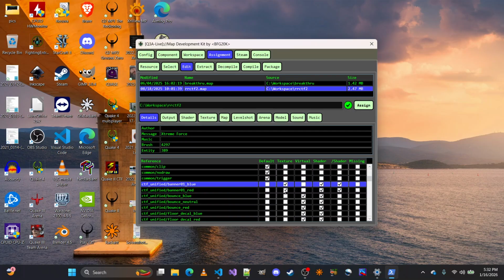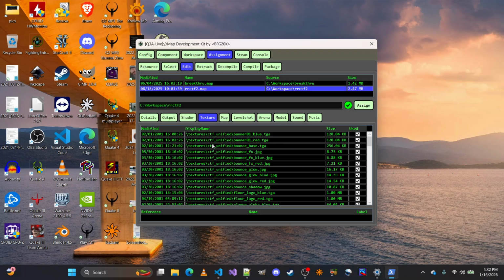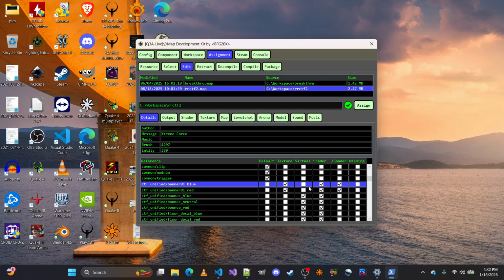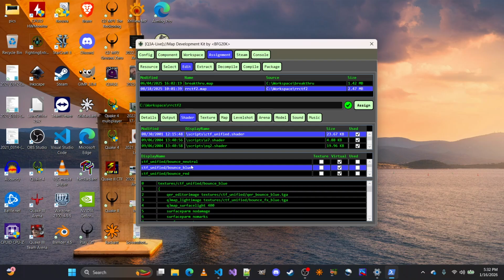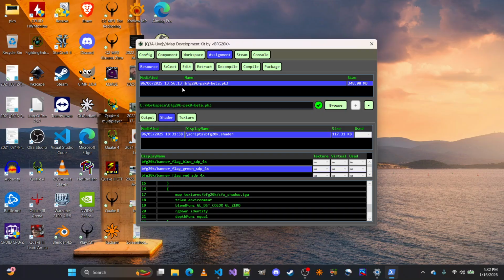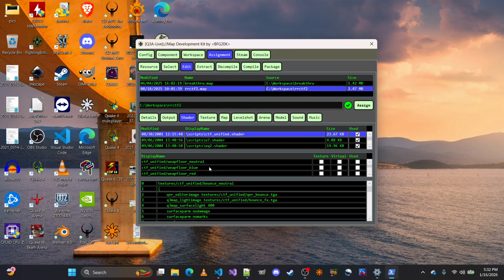Some of them will say they're a texture because they're part of the texture files. So anything that's a texture will be in this list. Anything that is a shader will be in this, right? So a similar panel to what's here. And then